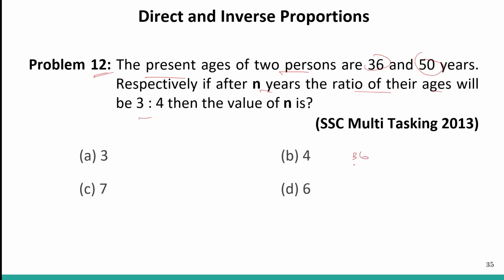So now their ratio is 36 to 50, right? Then after some years, n years, the ratio becomes 3:4. So this implies that 36 into 4 plus n into 4 is equal to 50 into 3 plus n into 3. So this implies that 4 minus 1 is equal to n. So n is equal to 150 minus 108, which is 42 years. So after 42 years,